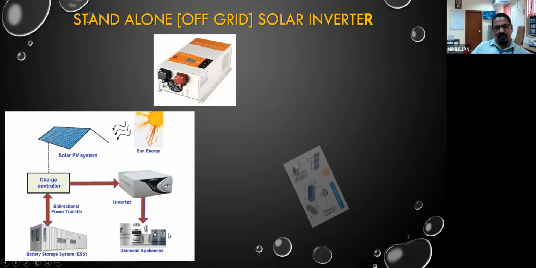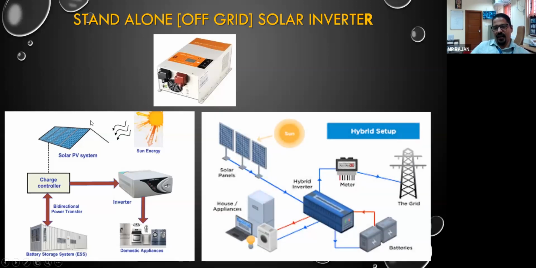Okay, so in some systems you can see there is a hybrid inverter. This is the combination of a normal inverter and the charge control, and another AC power supply source is also connected through the meter to the inverter. So the battery of the system is getting DC power supply from solar panel and from the charge controller. AC source is connected, बाहर से भी आती है. So that is why it is called hybrid.